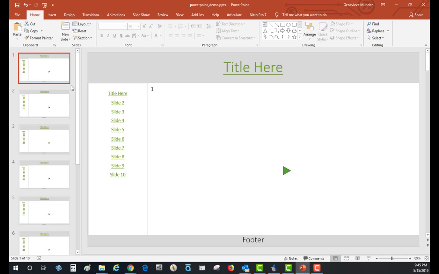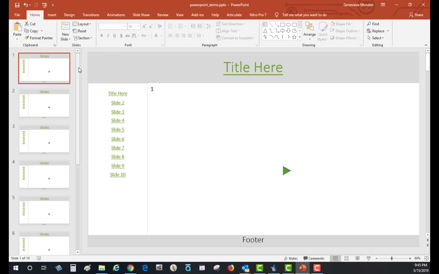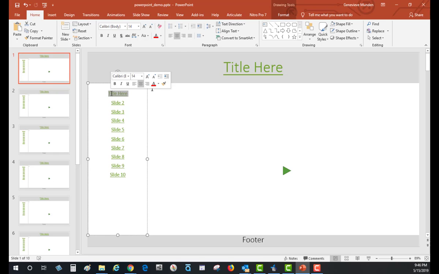So once you have everything laid out the way you want to, no links have been applied. You want to copy and paste by just hitting the control and you right click and duplicate one slide, and after you do that, then the control Y, you can pop them out real quick, and you do 10 of them. And then what you want to do is start putting your links in,